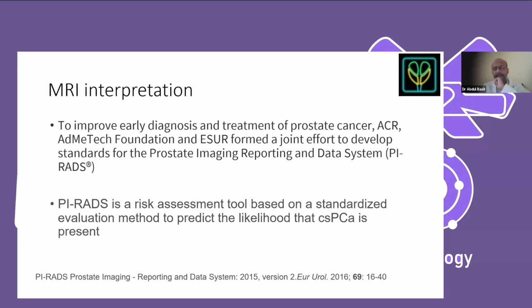Their joint effort has developed a standardized system, which is called PI-RADS, or Prostate Imaging Reporting and Data System. PI-RADS is basically a risk assessment tool, based on standardized evaluation to predict the likelihood that a clinically significant prostate cancer is present on the MR